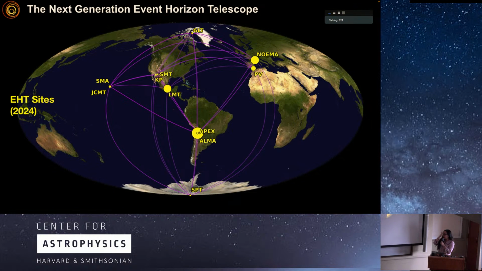So where are we going in the next few years? Of course, we keep observing with the Event Horizon Telescope. This is kind of the array in 2024. We have 3 new stations compared to 2017. We've observed several more years of M87 and Sag A star with results coming out. But in the next decade, we're thinking about going further. We want to add more telescopes, more observing frequencies.